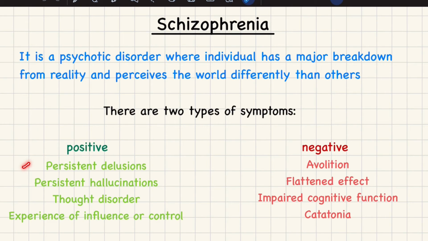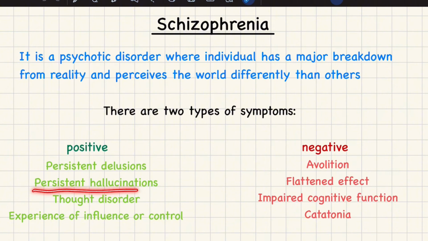These include persistent delusions, which means when you hold a strong belief about something that isn't true or that isn't based off reality. For example, you have a psychology test coming up and you never prepared psychology in your whole life. So you strongly believing that you'll ace the test is you being delusional. It is a delusion. So schizophrenic people have a lot of strong beliefs about things that are not based off reality or are not true, and they are persistent, meaning they happen reoccurringly again and again.